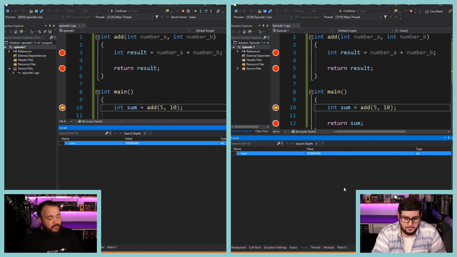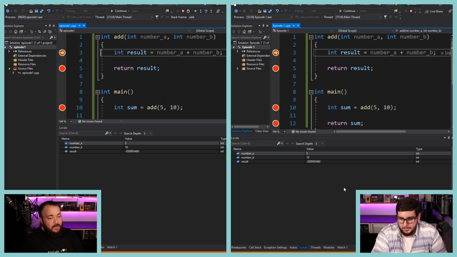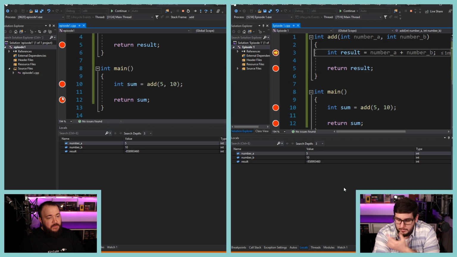So if we hit F5 and go up, now it knows number A and B are 5 and 10. Look at this. In line 3, we already know A and B. They're 5 and 10 because that's what we sent in from here. But wouldn't it be... Does it go from 10, then it does 1, 2, and 3? Yeah. So it's 10 up to 1, 2, and 3, 5, 6, and then 10, 11, 12.